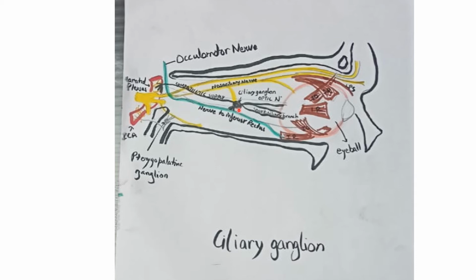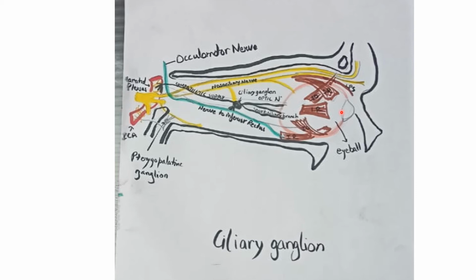Now, from the ciliary ganglion, the postganglionic fibers arise. These are all preganglionic. So from the ciliary ganglion, the postganglionic fibers arise, and they are 5 to 6 in number. Those are called short ciliary branches. The short ciliary branches pierce the sclera and enter the eyeball between the choroid and the sclera, and further divide into 15 to 20 branches, right? These branches go forward towards the iris, and there are two muscles, the sphincter pupillae and the ciliaris muscle. So they supply the sphincter pupillae and the ciliaris muscle.